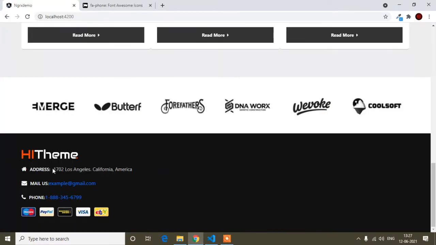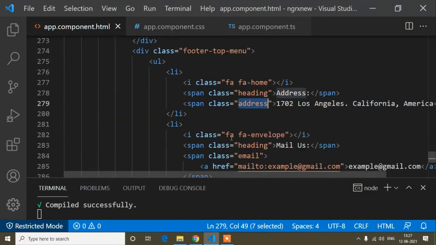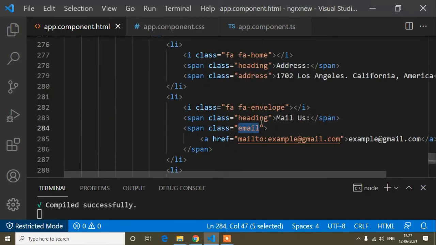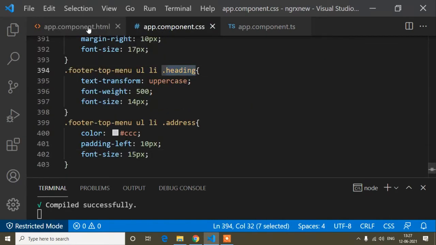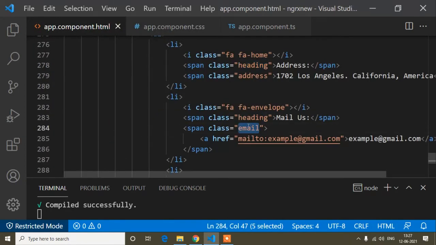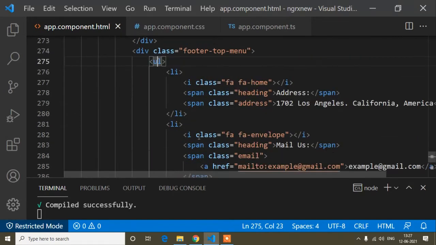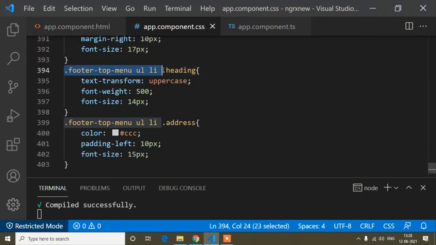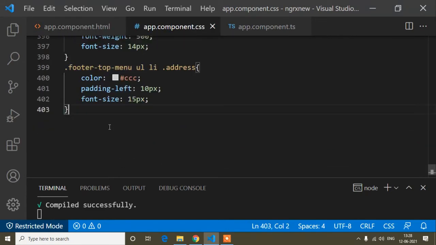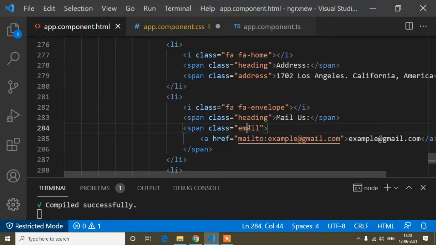So here you can see now it's looking like this. And now I will add the design for this mail. Okay, so here this mail, I mean this one, and heading commonly I have already designed here. Okay, so now here I will add the design for this mail. So this mail is the same, like the parent, this one, after that ul, and after that this li and this mail. So now the process is the same. So I will copy from here up to li, and here li, then this email.